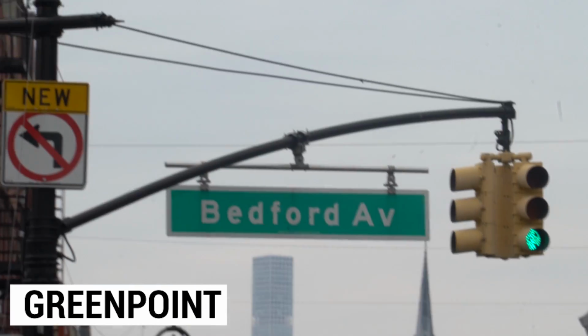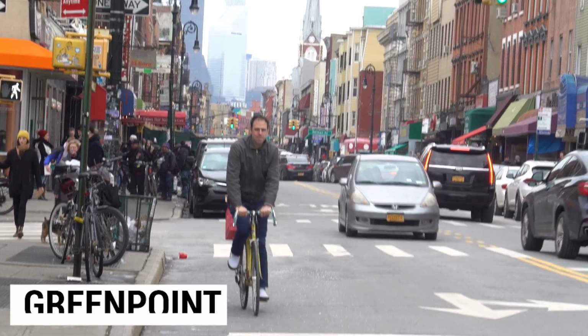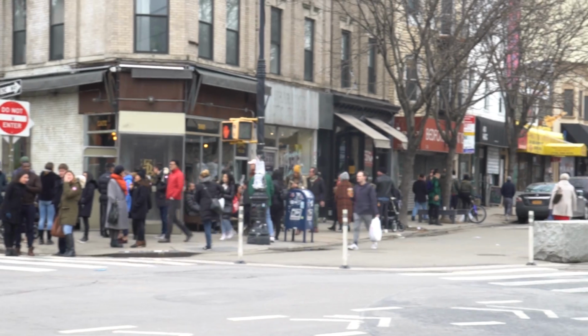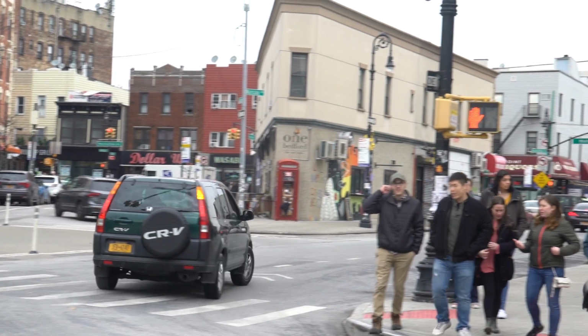Greenpoint. Greenpoint is kind of like Williamsburg's little sister. It is another very densely populated hipstery area, and the border between Williamsburg and Greenpoint is a little bit wishy-washy. It's kind of hard to tell exactly where one starts and one ends, but there's two spots that I want to mention that are kind of on the border of Williamsburg and Greenpoint, one of them being